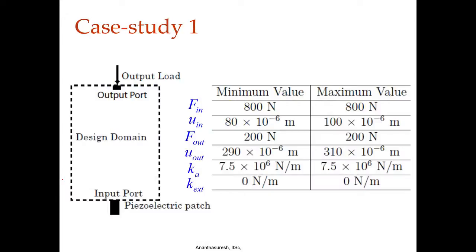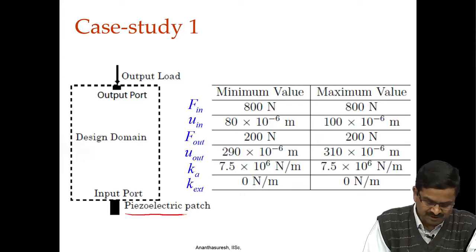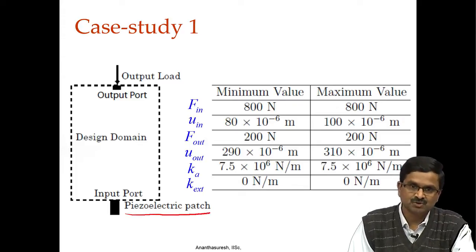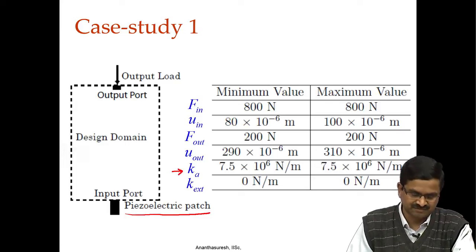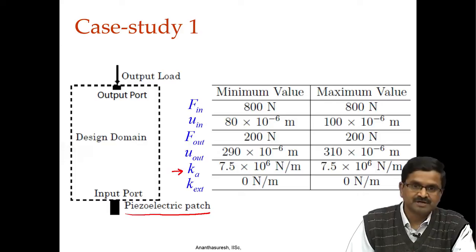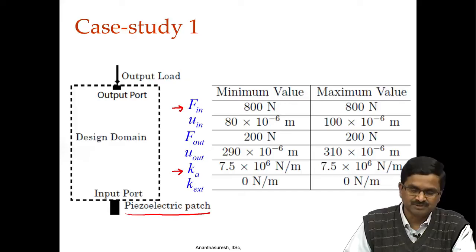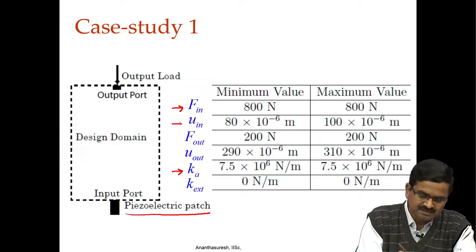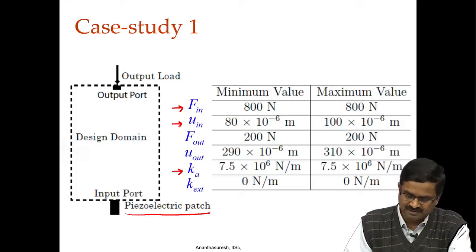So, here is case study 1, which is an example that we had used as a motivation in the first lecture that described this technique of using feasibility map, where we have a piezoelectric patch which has its own stiffness, which is what we called Ka, the actuator stiffness, and this piezoelectric patch can give some force, which is our input force, and it also has some stroke, which is the input displacement. And all three of these we have